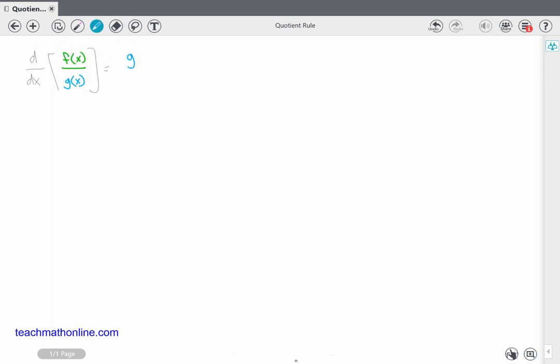the bottom g of x times the derivative of the top f prime of x minus the top f of x times the derivative of the bottom g prime of x. And this is all going to be divided by the bottom squared. So to put this in example form, let's say we have some function y is equal to